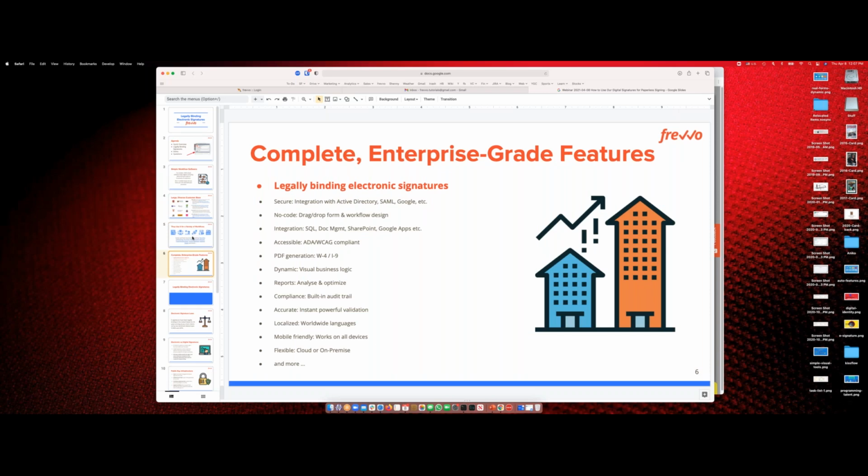Obviously, the most important one for today's purposes is legally binding electronic signatures. How do you collect these electronic digital signatures with Frevo? But you really have a whole array of functions and capabilities in Frevo that allow you to automate really real-world, even the most complex business processes within your organization, including the ability to integrate with your existing security infrastructure